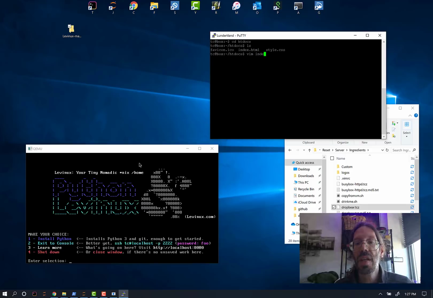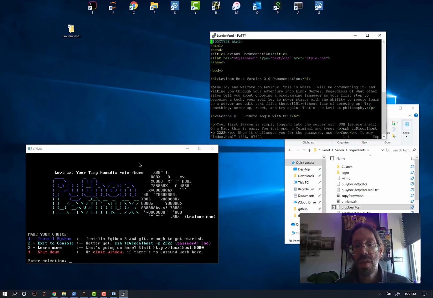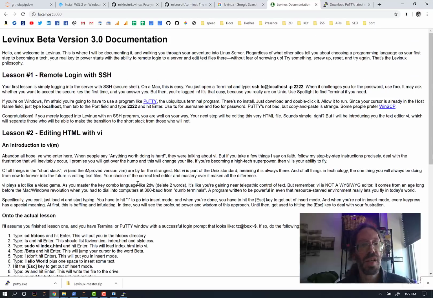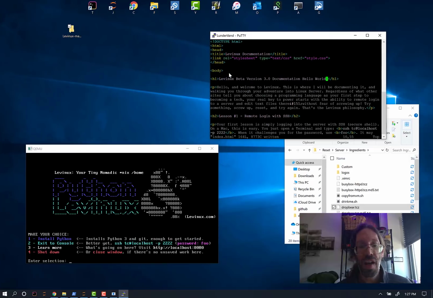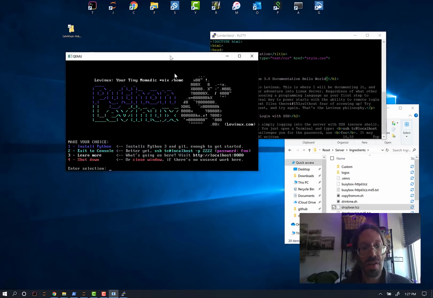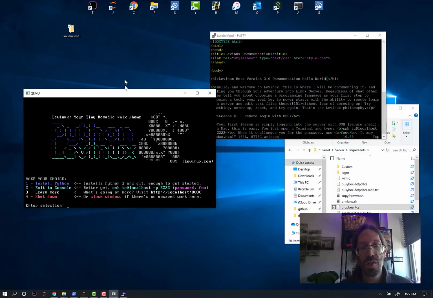I know these instructions. I don't have to go back and forth. I can vim index.html. Here's vim of the web page that I'm showing. Levinux beta version 3.0 documentation. Hello world. Save. I talk about how to do that kind of save in Linux beta version 3.0 documentation. Refresh. Hello world. I just edited a file that's being hosted on this tiny little text-only Linux server virtual machine